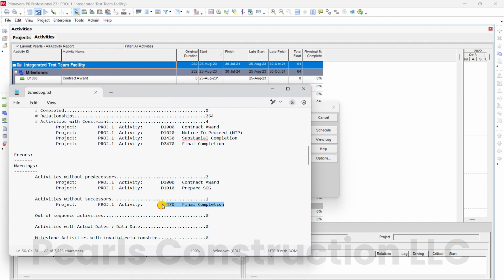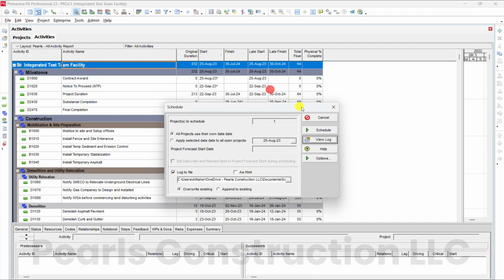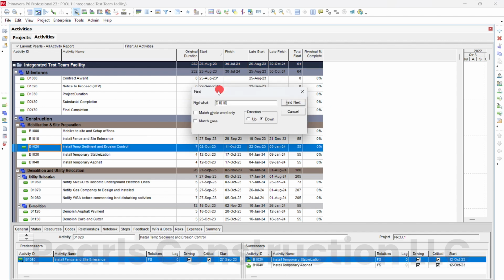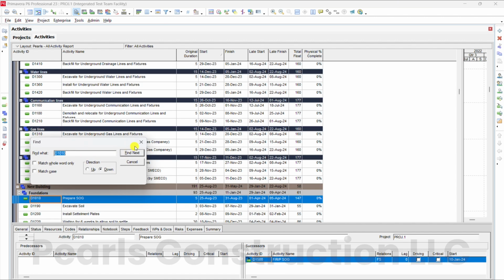Step 4. Search for these activities in P6. Use the search function to find these activities and add the missing relationships. And that's it. Now you can quickly identify and fix activities without predecessors or successors in Primavera P6, ensuring your